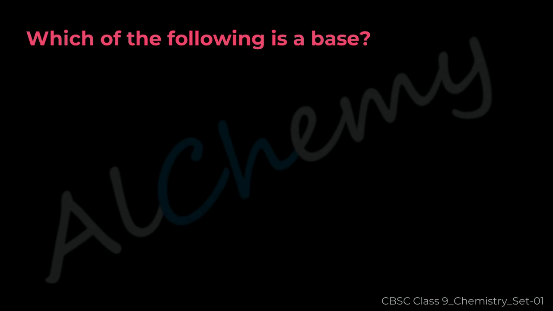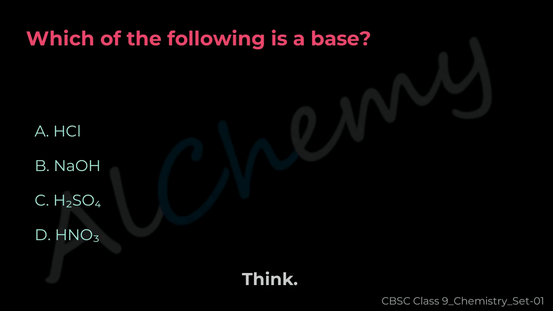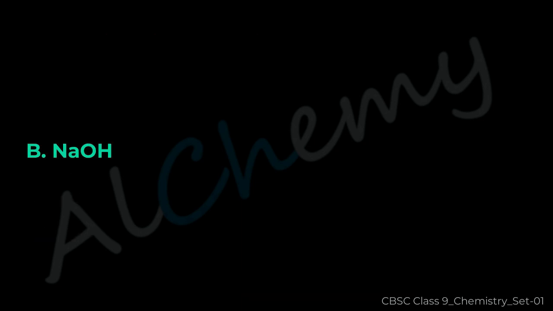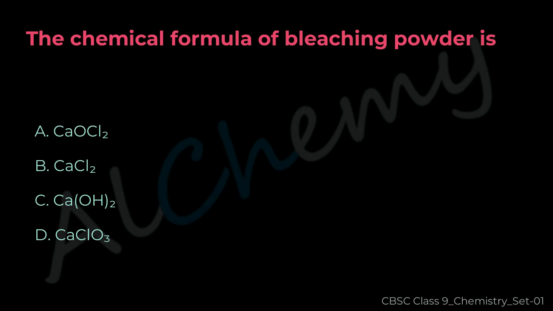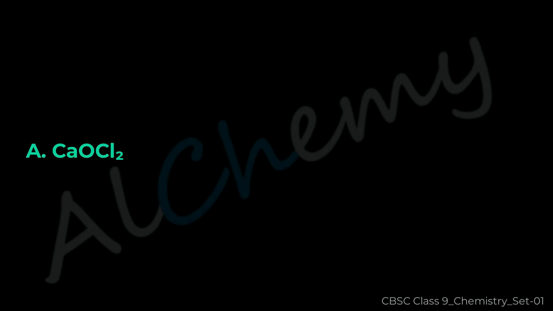Hydrogen. Question 23. Which of the following is a base? A. HCl, B. NaOH, C. H2SO4, D. HNO3. The correct answer is B. NaOH. Question 24. The chemical formula of bleaching powder is A. CaOCl2, B. CaCl2, C. Ca(OH)2, or D. CaClO. The correct answer is